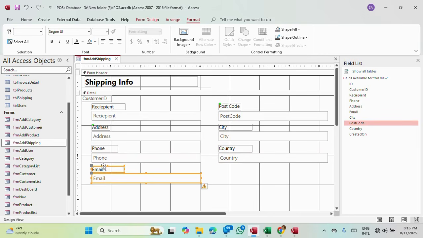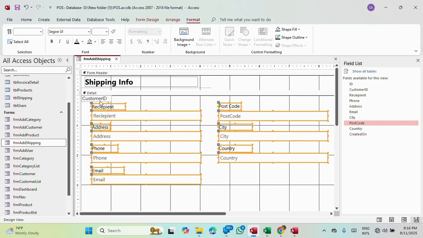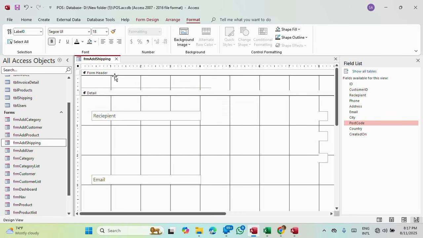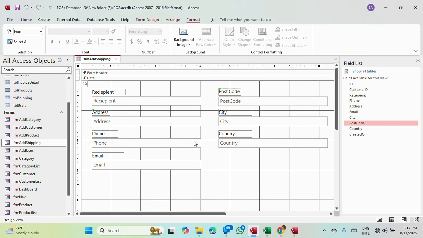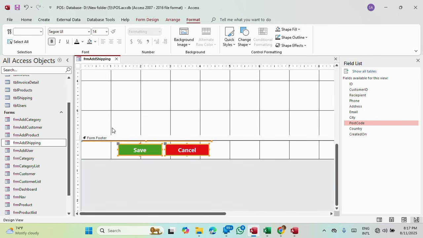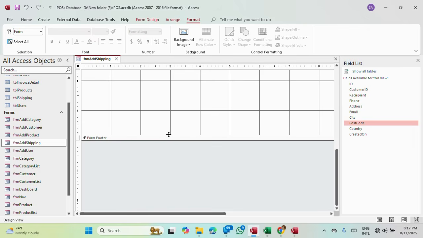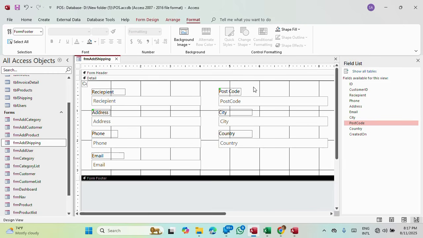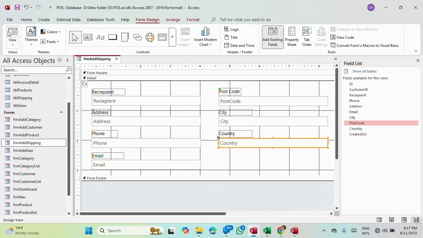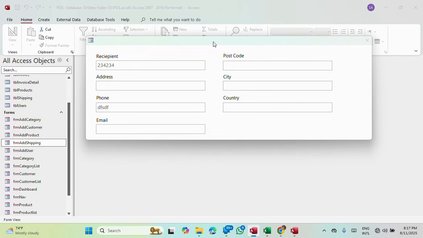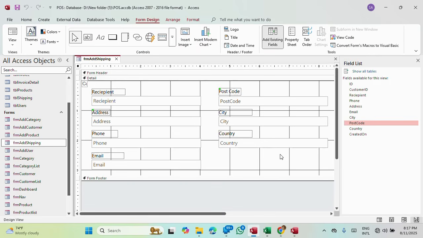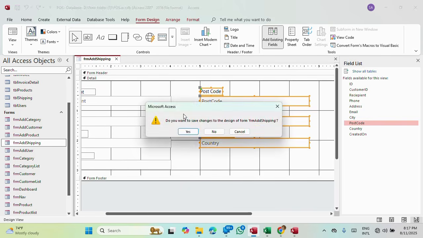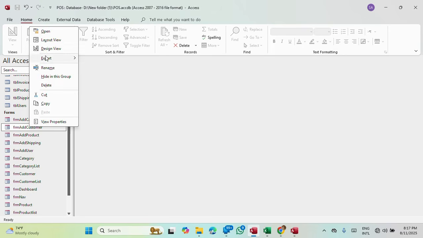Okay, so let me open this one now. All right, so I think I will not need this for the meantime. Shall look at where we can keep this one. Okay, I will delete this. I don't need this one too. I don't need this. From this one. Okay, so let's check it out. View. Okay. Alright, so this is what we have for the form design view. I'll carry this one and bring it here. Simple like that. So I'm going to save this one, close,